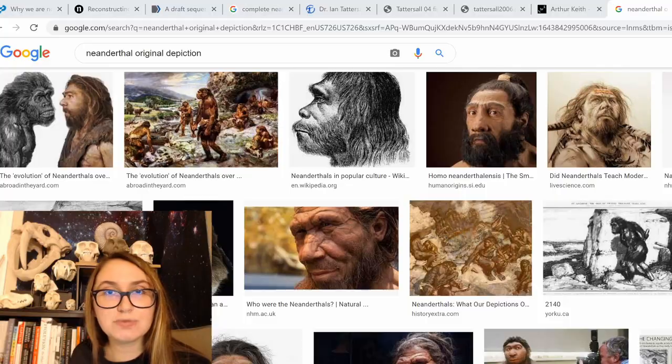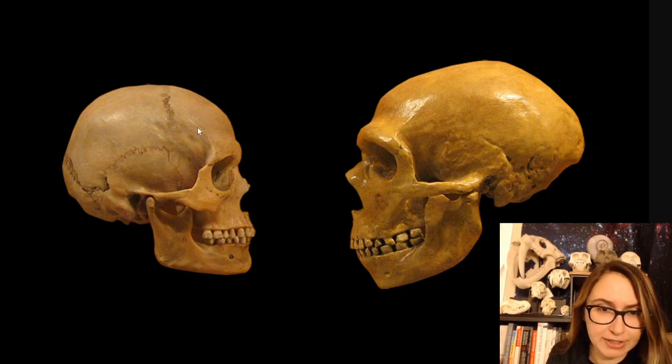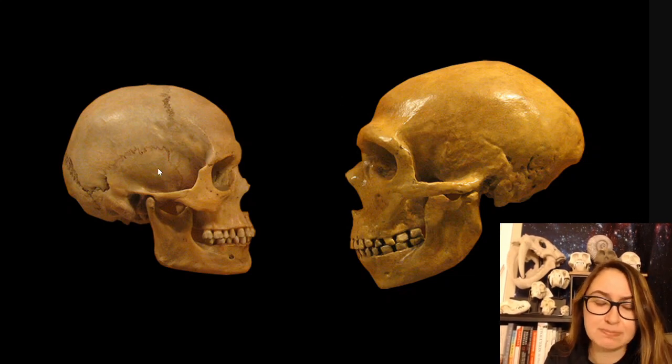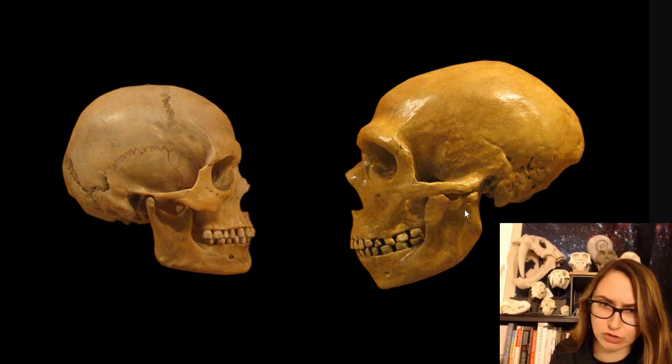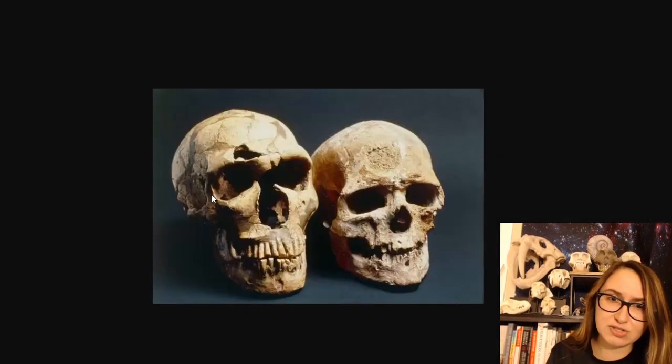Let's talk skulls. We're going to talk about some of the big differences first. As you can see in this picture, on the left is an anatomically modern Homo sapiens skull, and on the right is a Neanderthal skull. Right away, what I hope you notice is that Neanderthals have this massive supraorbital torus that does not taper out to the sides. Their zygomatics are swept back instead of coming forward, so that's this right-angle shaped bone. It makes up your cheekbones, and in this picture here you can see it a bit better.